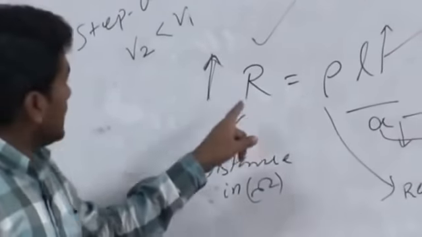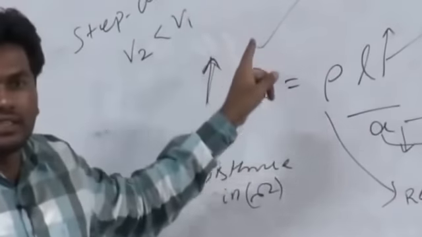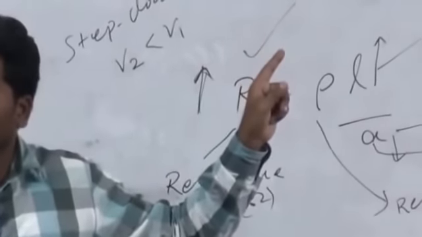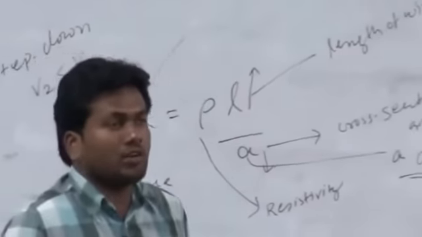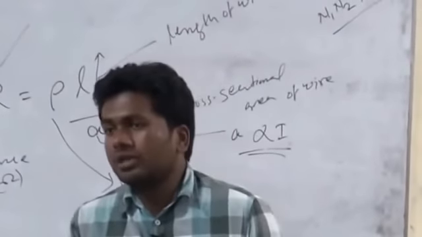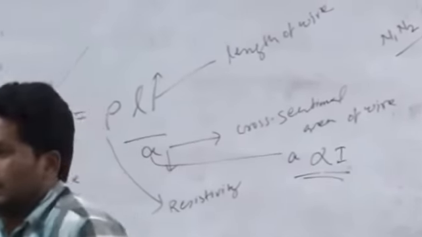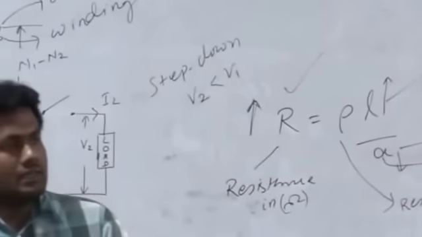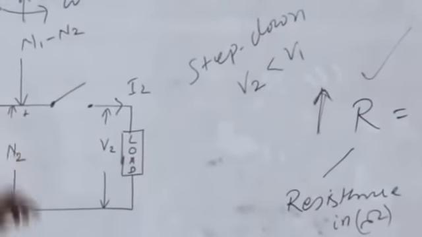So if length increases, then current decreases. Are you getting or not? If length increases, resistance is increasing. If resistance is increasing, then current is going to decrease. So you have to make a conductor, or you have to make the copper inside the transformer, where we have to balance the current from output to input or input to output. Okay, so in case of an auto transformer, when the secondary side is step down, then fewer turns are there. As all of you know,